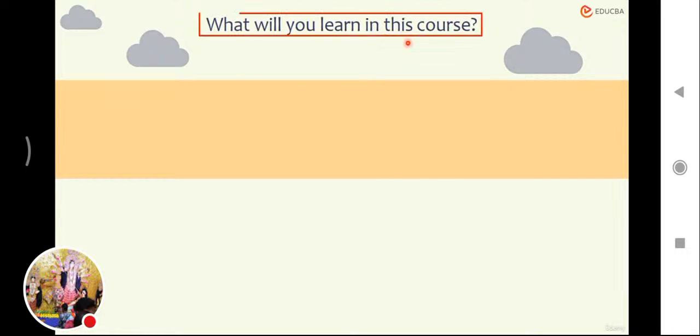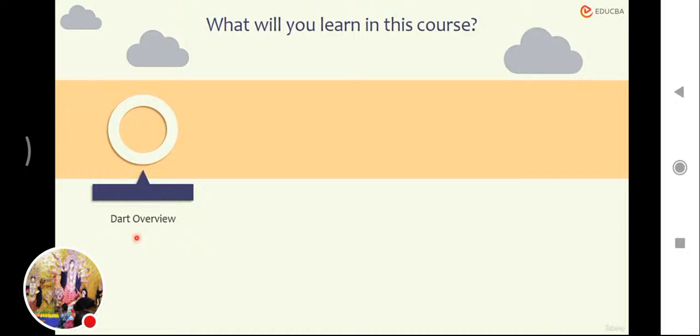Now, what are we going to learn in this particular Dart beginner level course? First, we would undergo the Dart overview. So what is basically the Dart programming language? Why do we use it? How do we use it? And what are the things that we can do inside Dart programming is what we would look at in the overview